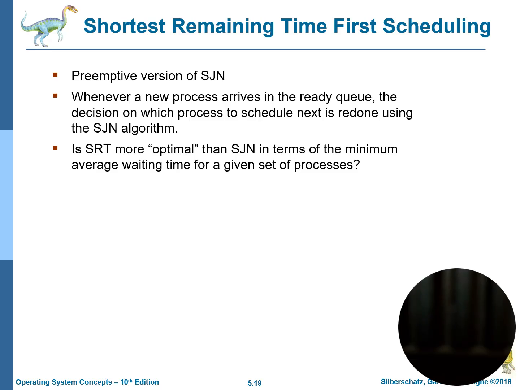In the shortest job next algorithm, the minimum average waiting time is achieved even better compared to shortest job first, because if a process is executing and a new process arrives, we start comparing again. We are comparing the length of all the processes, including the process that is currently running. If the process that is holding the processor right now still has a remaining time which is longer than the process that has arrived, the running process is going to be preempted.